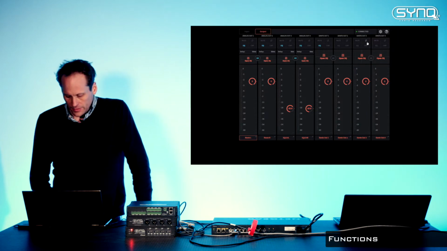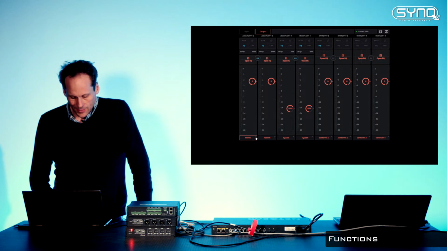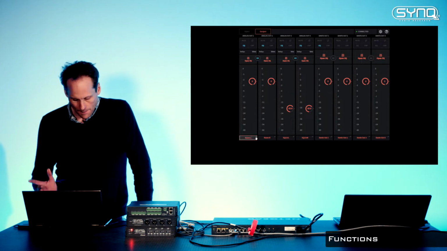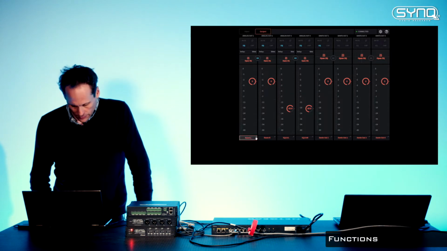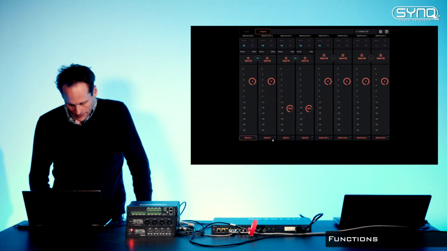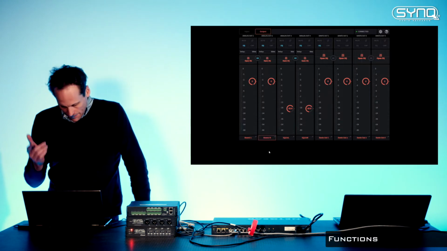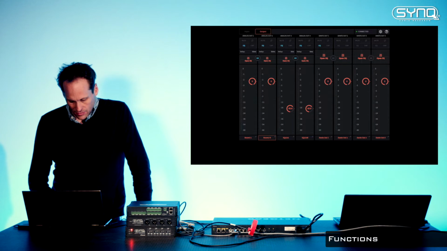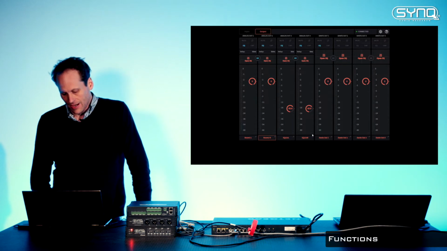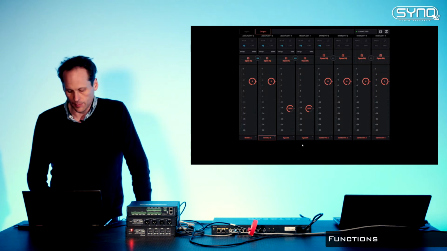Okay, what's next? Here you can set, let's call it room 1. You can set the name. So yeah, it's obviously very handy to know that. Or as we can see, SQ 215 left, 215 right for subwoofer, or really up to your need.